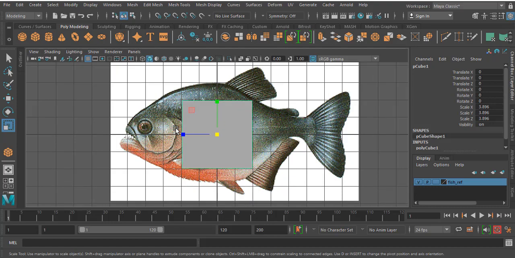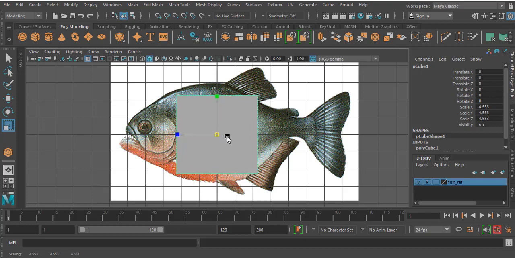The first and most important thing is that the proportion of the model is very important for a modeler. You have to keep the proportion, and the second thing is you have to follow the span flow. If your span flow, like the wireframe, is not proper, you cannot rig it, you cannot animate it, you cannot even texture it, so your entire model will be spoiled. That's why I'm advising you to follow these two rules, proportion and wireframe. So first I have to scale this cube over here.